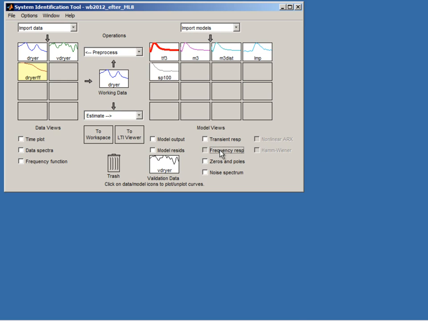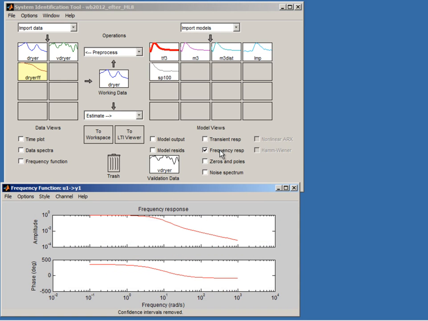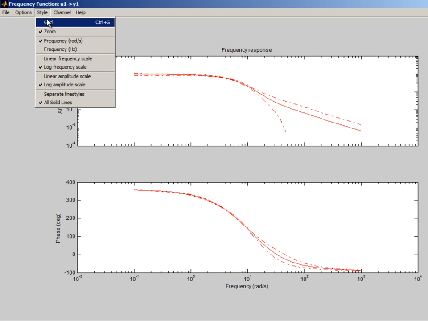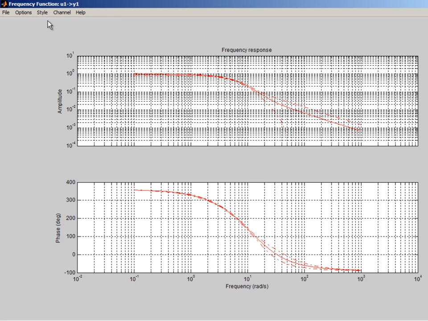Similarly, we can look at the Bode plot of a frequency response. And if I turn on the 99% confidence intervals and I enlarge the plot to see it better, we see that relatively speaking, the amplitude is more certain at low frequencies than at high frequencies. I can zoom by drawing rectangles in the plot if I like to examine the plot in more detail. I can also turn on these grids if you like to measure the sizes of the errors. Now,